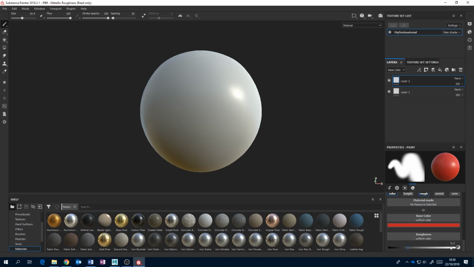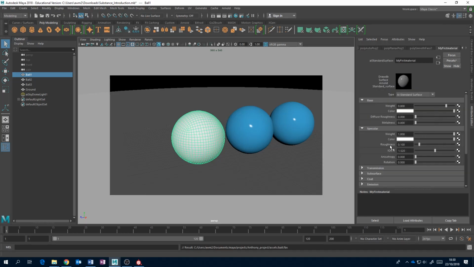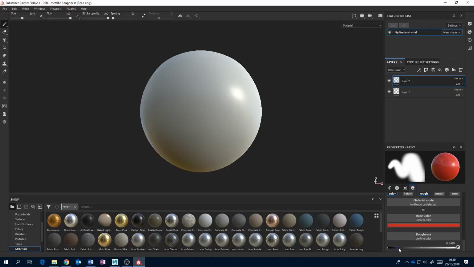And it's just got a slider between 0 and 1. Look at what happens to the little preview here when we move this slider. It's exactly the same as back in Maya when we moved this slider just here. In fact, Maya tries to show you as well in a little preview. So at the moment it's not very rough. The rougher it gets, that highlight disappears. Exactly the same thing happens